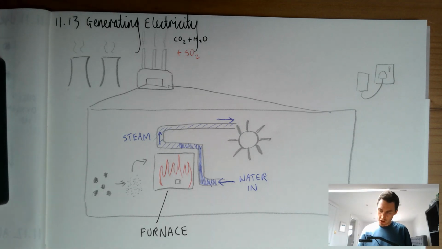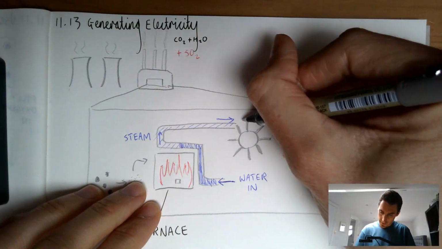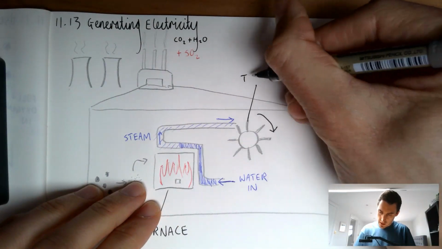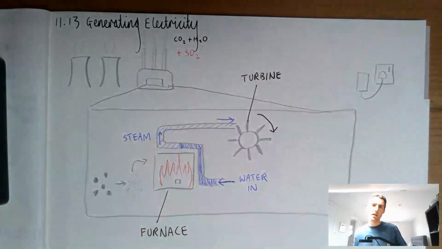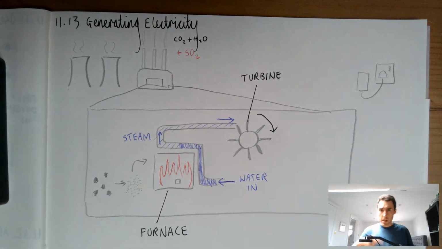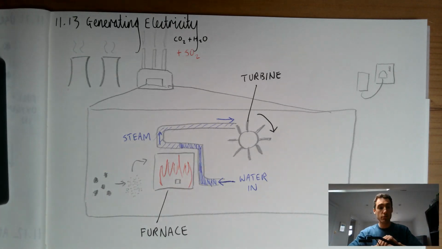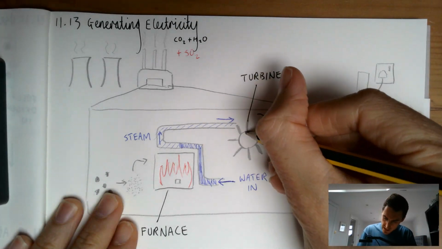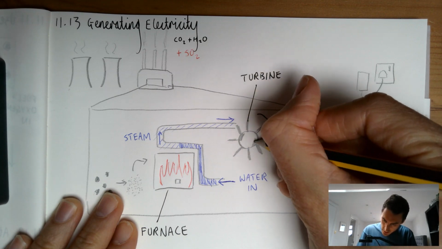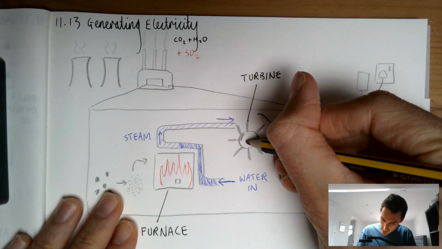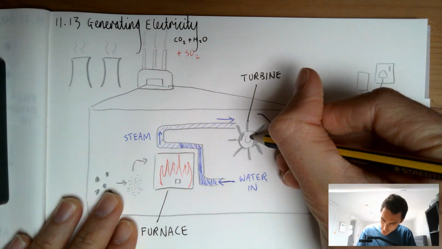So we can show that turbine turning and maybe label that. This is a turbine here. And again, emphasize to students that the turbine is a bit like a water wheel or a windmill. So the turbine gets turned, and then you can explain to students, and again, this is linking to ideas that they're going to study right at the end of their physics GCSE on generators and stuff. But inside here, what you've got is two really powerful magnets, like this, and a coil of wire. So I'll do a coil of wire like this,